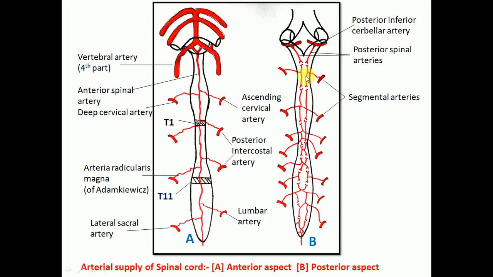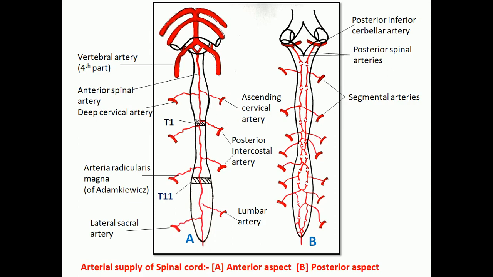Now third arterial branches are the segmental arteries. They are the spinal branches, or we can say radicular arteries. So there are 5 segmental arteries. Number 1 is deep cervical artery, then ascending cervical artery, then posterior intercostal artery, then lumbar artery, and lateral sacral artery. So these are the 5 spinal branches of the radicular or segmental arteries that reach the spinal cord, and then through nerve roots they enter the spinal cord, and they communicate or reinforce the anterior as well as posterior spinal artery and form the 5 longitudinal